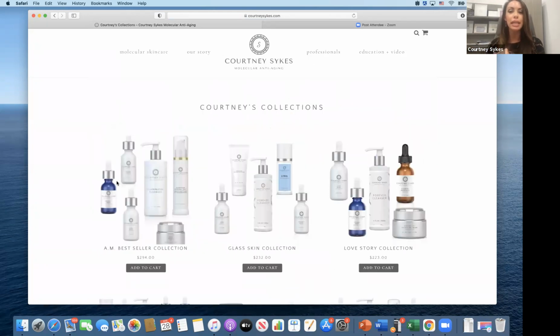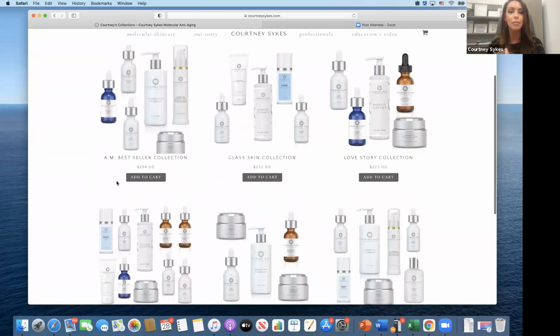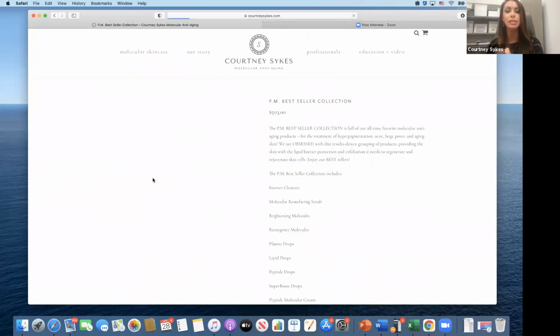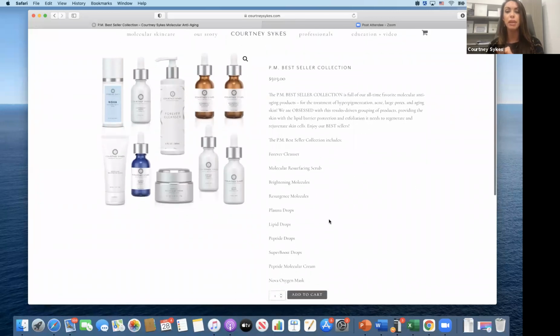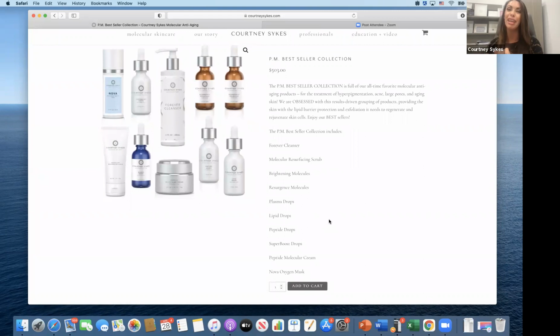So going back to the collections, the one thing that I am absolutely obsessed with is our PM bestseller collection. This one's a little bit of an investment, but let me tell you something. When you take the 20% off of that, that was a really good idea to stock up on all your favorite things right here, right now. And we just got the Forever Cleanser retail size back in stock too. So yay. All right,